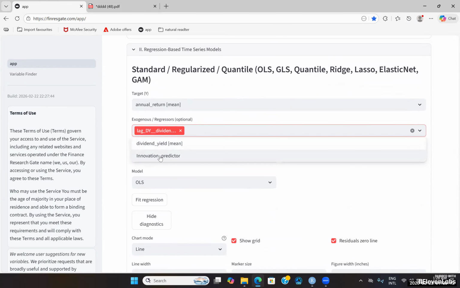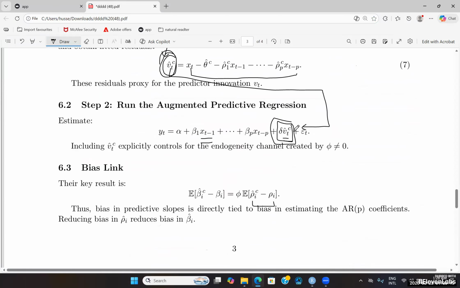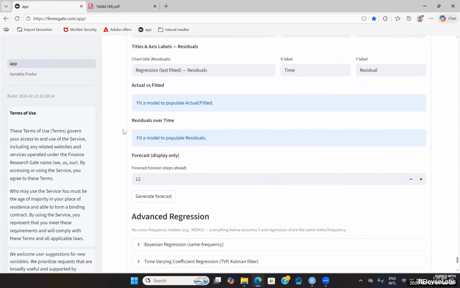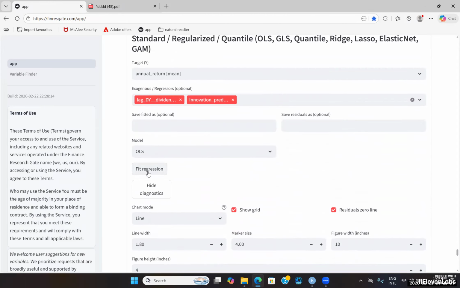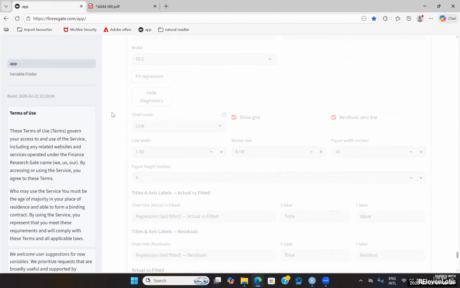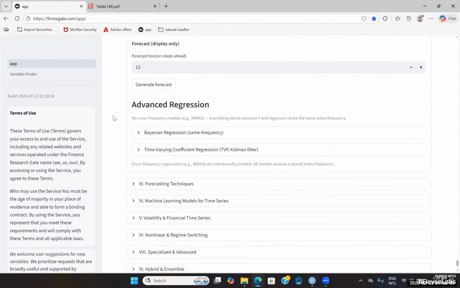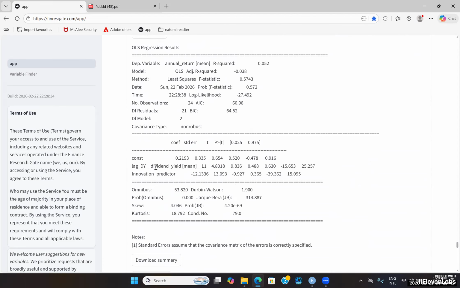And additionally, we must not overlook the innovation predictor. All you need to do is follow this equation. Next, we incorporate one lag of the x dividend yield, and we also include the innovation term, the predictor variable, and with that, everything will be set. Subsequently, we can perform the regression analysis. Here we have the coefficients, and that will be the final outcome, the